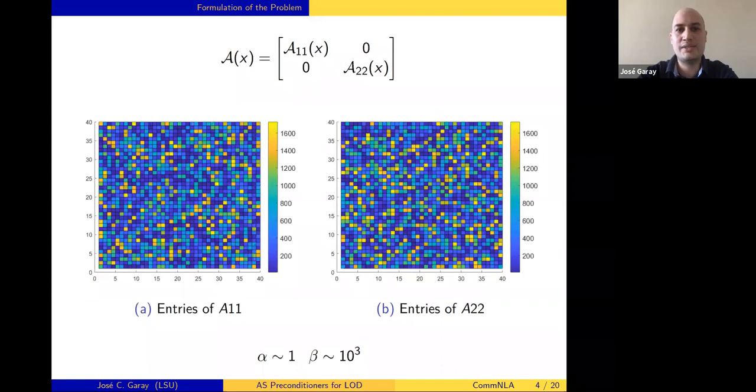Here is a 2D example of what the entries of this matrix look like. The entries are spatial functions, and they are allowed to be piecewise constant functions, with high contrast. In these pictures, we can see how the values of these entries are distributed across the space. The contrast of the matrix is defined by the ratio of the positive constants, beta over alpha. Again, it can be very large. There is no problem with that.